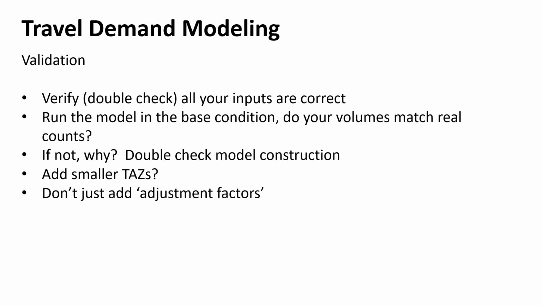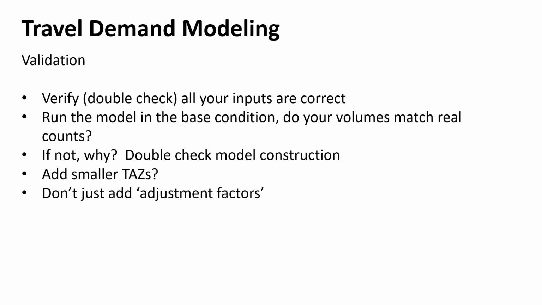If your numbers are way off, that means something is wrong in your formulation. Maybe you don't have enough TAZs, or maybe they need to be smaller, right? Maybe the numbers you have in those TAZs are wrong. You've way overestimated employment in a certain zone. Go back and check that stuff, right? Hopefully, if you do a good job of the model formulation and your network properties are right, you've got a 4-lane road where there's a 4-lane road inside your model, and you have the accuracy you want with smaller TAZs, that will take care of most of the difference between what your model's predicting the number should be and what you actually have there, right?